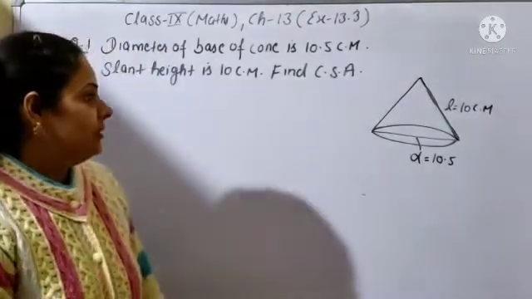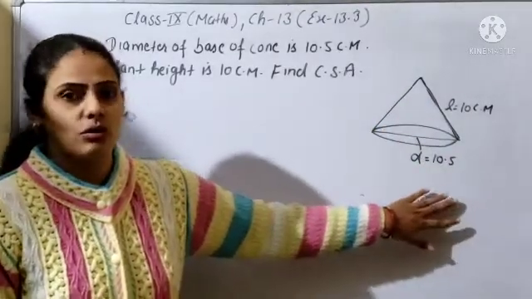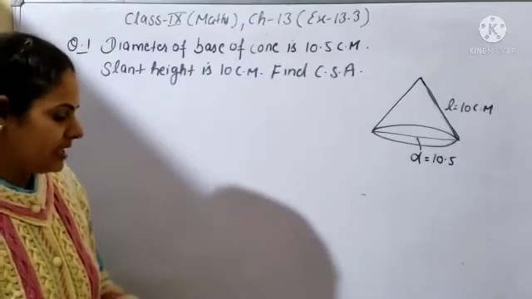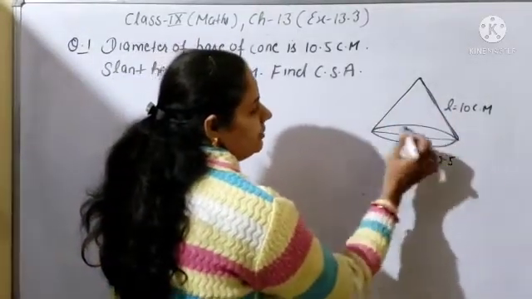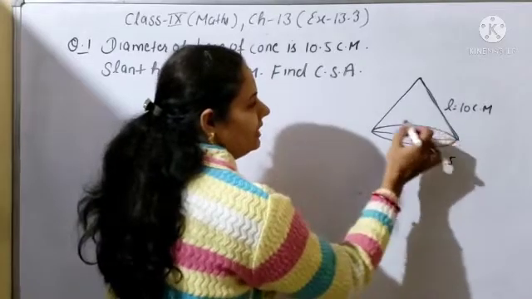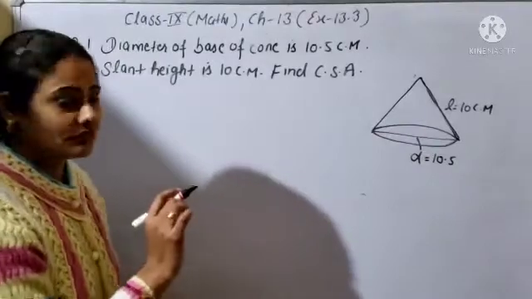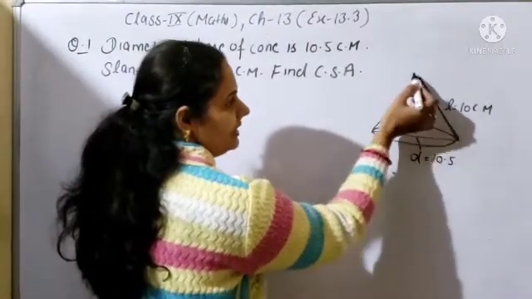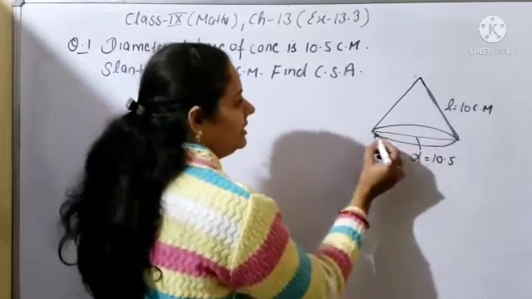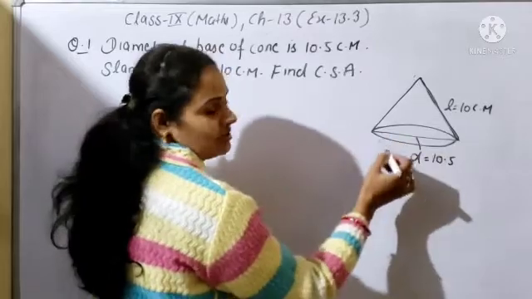Okay, so simply you can see this is like a cone. This is the shape of a cone, and in this cone how many faces will be there? This one is the upper face, and this one is the circular base. The base will be circular and this one will be like a cone. So two faces will be there, and this one is called the slant height, and you will always denote the slant height by L. And this one is called the diameter, and the diameter is 10.5, and this is the base circle.